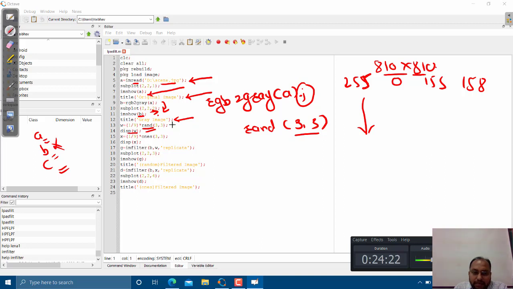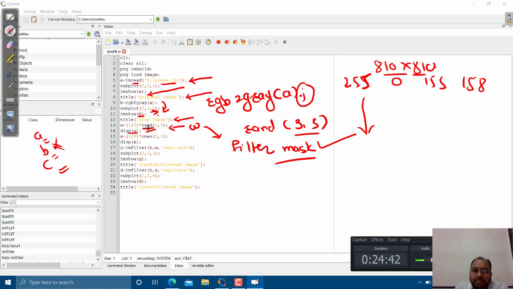This is nothing but my filter mask. W is called the filter mask. So I can define my own filter mask over here as per my requirement.